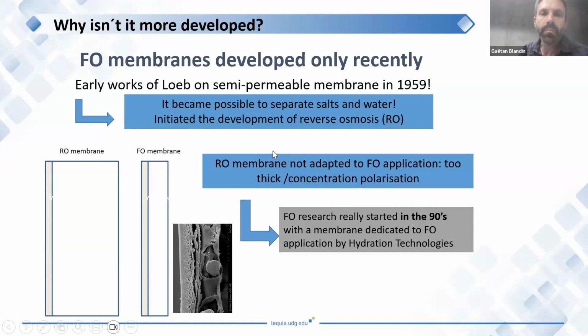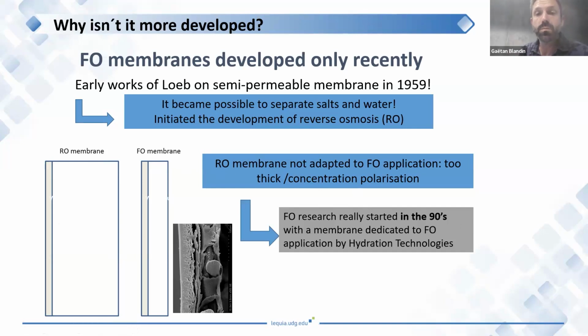But when they tried to operate, for example, in forward osmosis (FO) mode, they didn't get flux, and most likely the reason was that the membrane was too thick and not adapted to forward osmosis, and there was too much concentration polarization, and as a result, no flux, so it wasn't working. And it's only in the 90s that